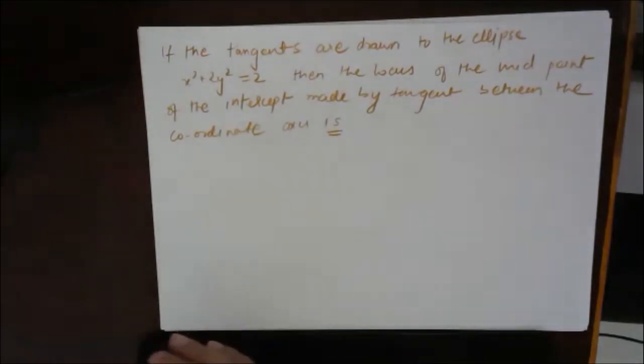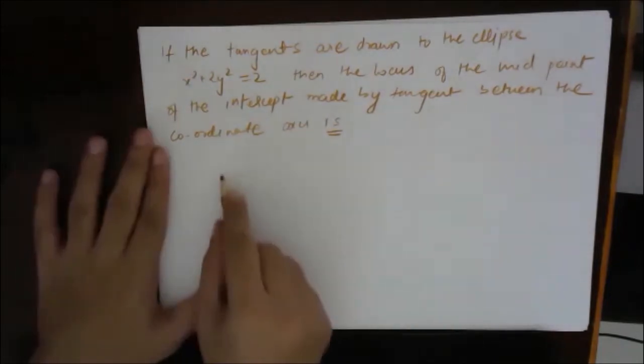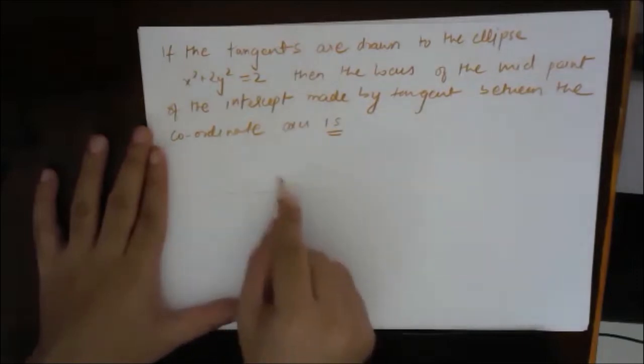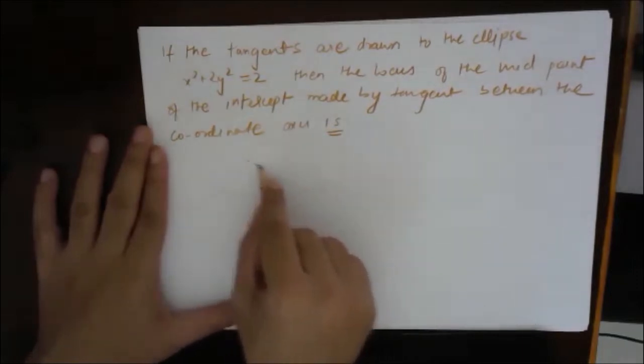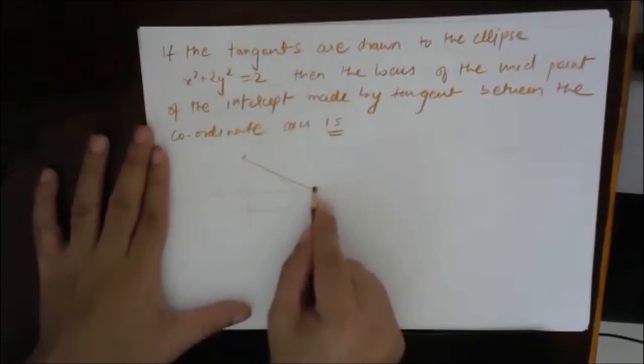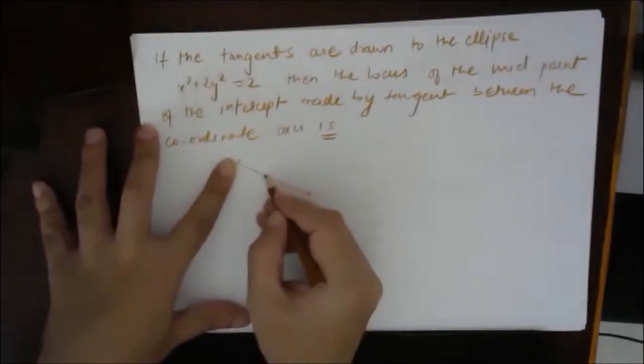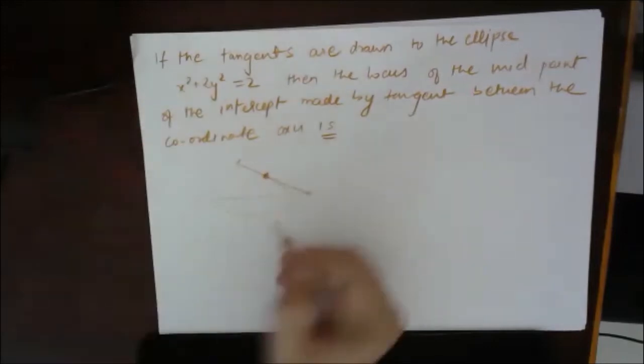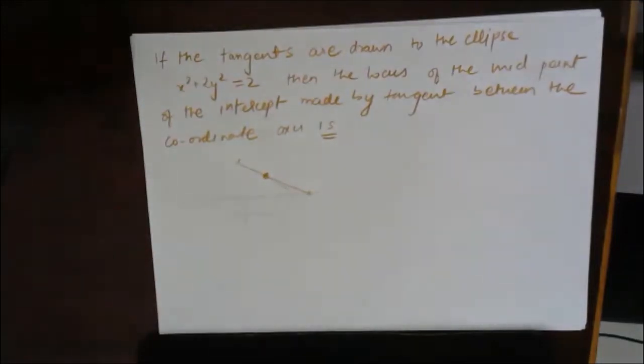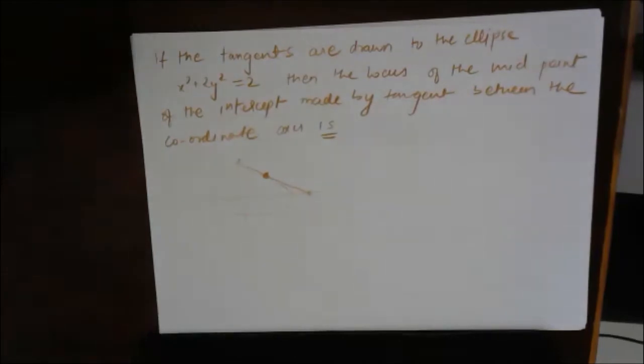From the point, the midpoint is taken. So suppose you have something like this, so this is the tangent, and using this intercept, in between, the midpoint is taken. So you have to find the locus of all such midpoints. Okay, I'll give you some time, just try to solve this. This was 2004 JEE Mains. Very simple question and very basic. Everybody should be able to solve.